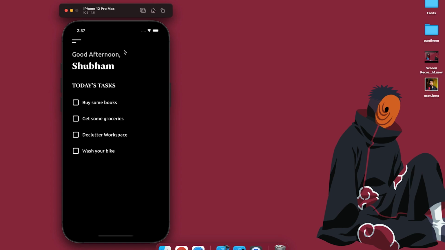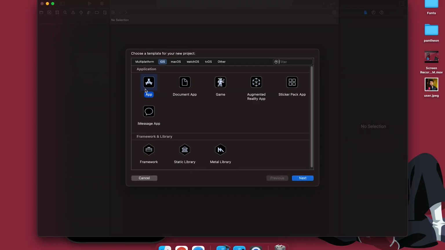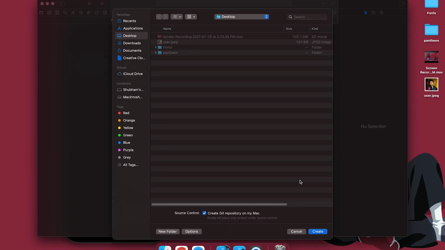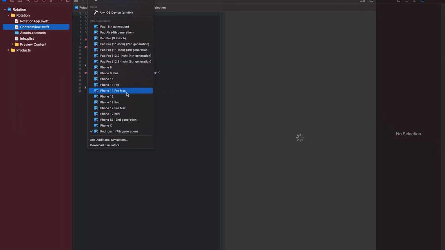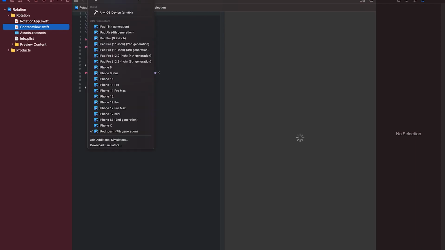First things first, make sure that you're running macOS Catalina or above and you have Xcode 11 at the least to run SwiftUI. We'll start with creating the new project and we'll choose the new SwiftUI lifecycle. Next, I'll set up the project structure and add the required fonts and extensions. I'll speed it up a little and then I'll tell you what all I did.